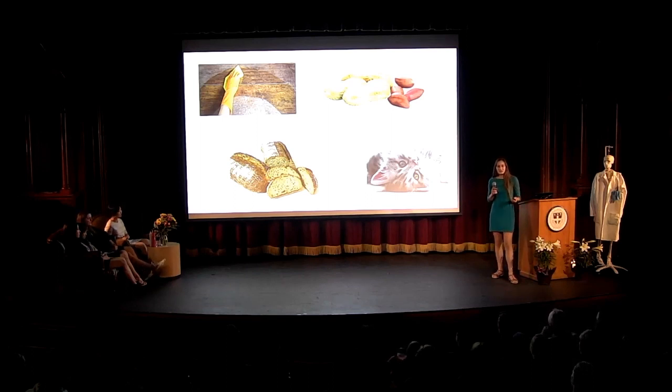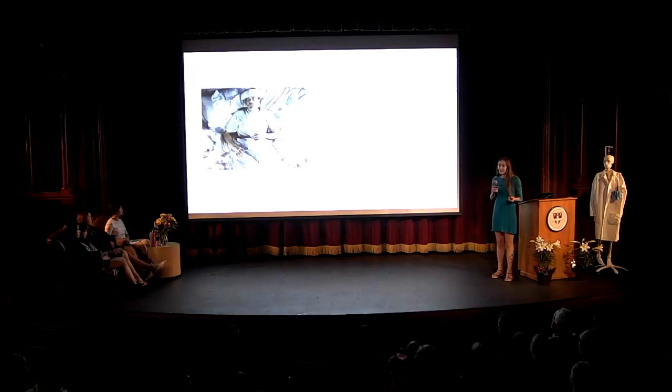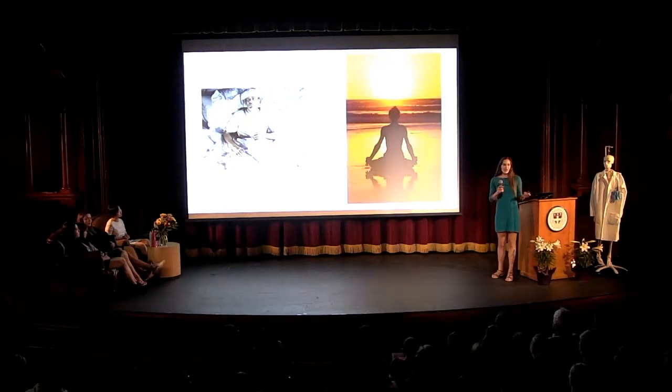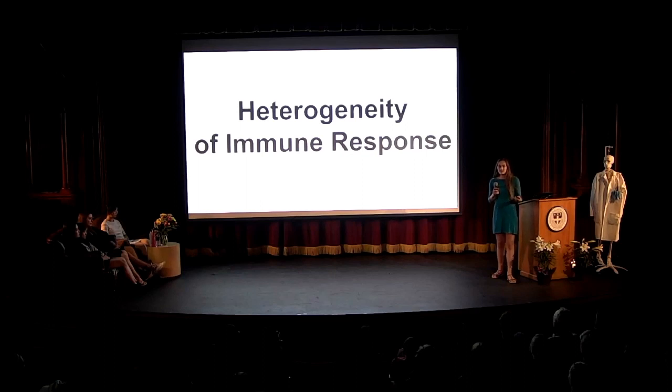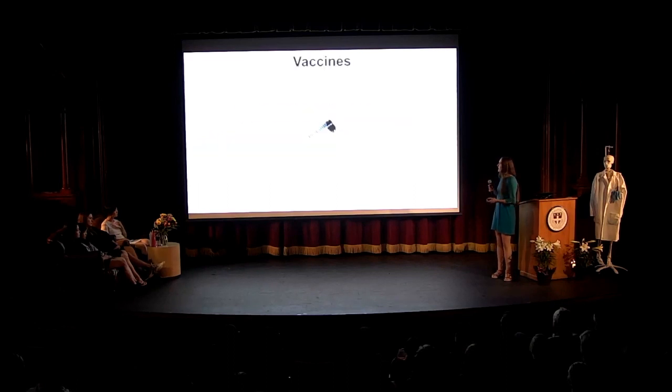Another example of heterogeneity or differences in our immune system is how we respond to being exposed to bacteria or viruses. For example, some of us may get really sick for days or become chronically ill, while others only get mildly sick for 12 hours or not sick at all. Again, these are examples of the concept called heterogeneity of the immune response. So just as there are differences in how our immune systems respond to being exposed to bacteria and viruses, there's also differences in how our immune systems respond to vaccines.